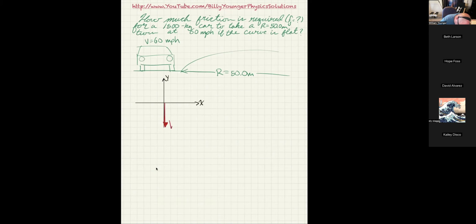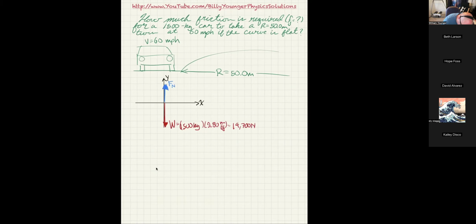So weight is equal to 1,500 kilograms, which I'm treating as 4 sig figs, times 9.80 meters per second every second. So 1,500 times 9.8 gives me 14,700 newtons. I also have a normal force, F normal,